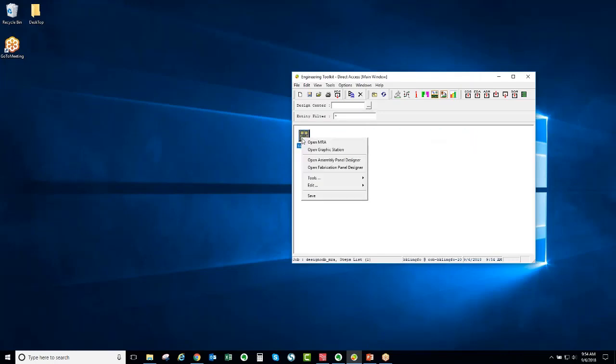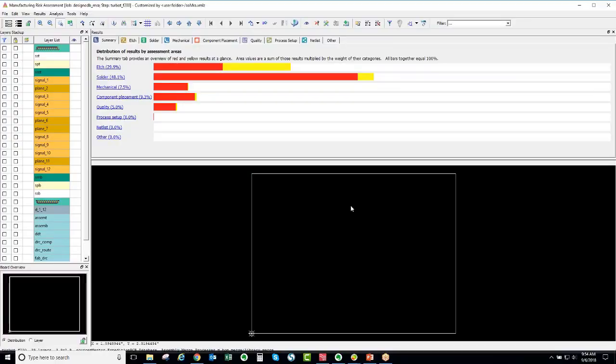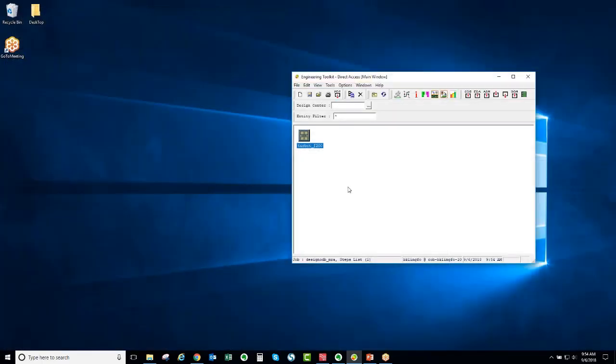Like I can go into the device or go into the design. I can open the design in the manufacturing risk assessment application. This one's actually been run through the DFM process already, so you can see it's found there's a bunch of violations in here, and I can go ahead and start looking at that data again. Or if I'm starting a new design from scratch, this is how simple it is to really do DFM analysis